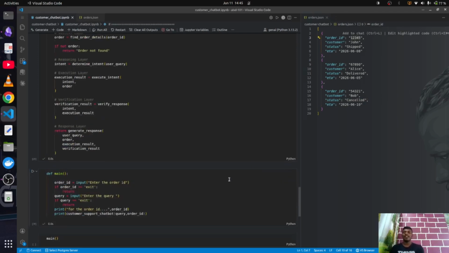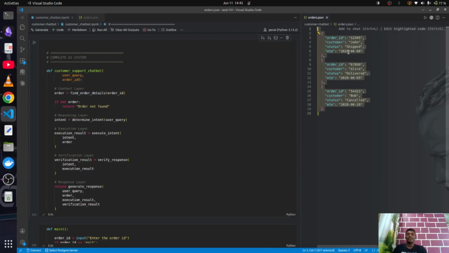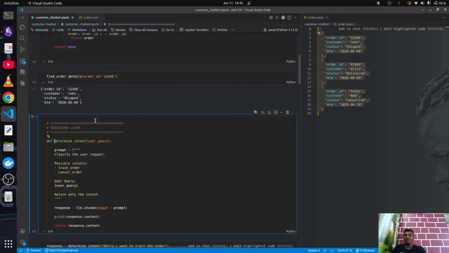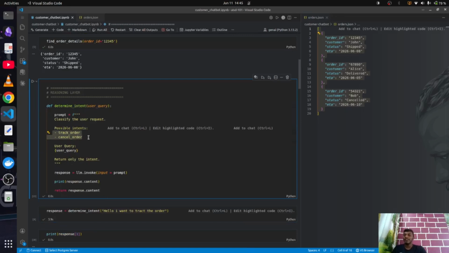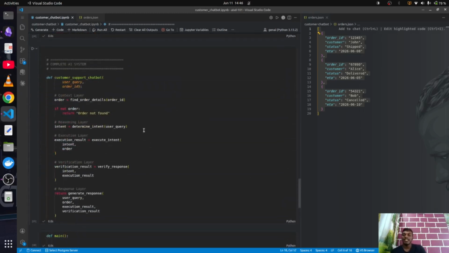So we will sum up whatever we have done so far. We built our own order details, the context layer, which is the retrieval of the whole data, which we used as a temporary database to retrieve the whole data from this particular database into our runtime. Then for a particular user query, we tried to determine the intent through our LLM. For now we only have two intents, which are tracking the order and cancelling the order. These are the only two services which we are providing. So we have two intents to be determined and proceeded. What we then did is go to the third layer, which is our execution layer.